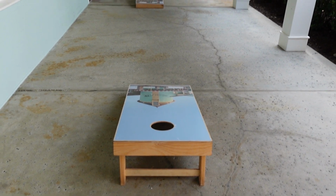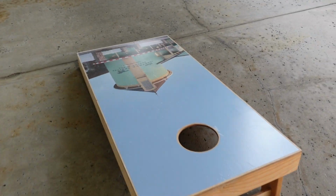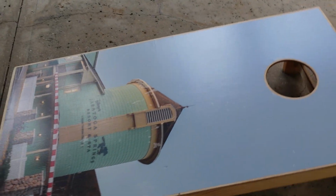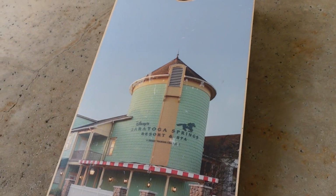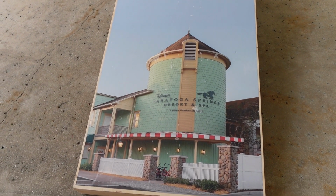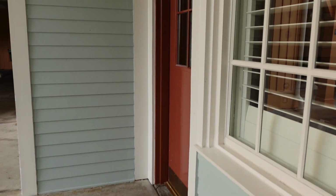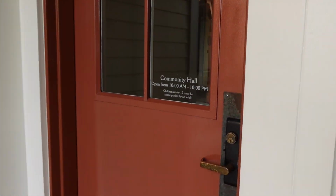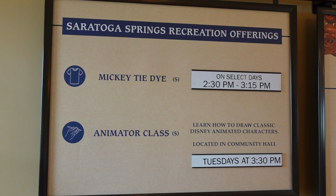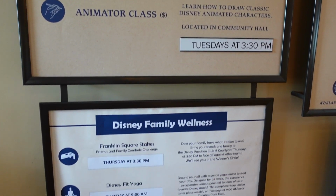Before we go on inside, just to show you that there's actually cornhole here as well. And you can see the Disney Saratoga Springs Resort and Spa display there of the sign, or whatever you want to call it, at the entrance. But let's go on into the community hall. They're open from 10 a.m. to 10 p.m. As you can see here, we have different activities that they have, including the times, and also